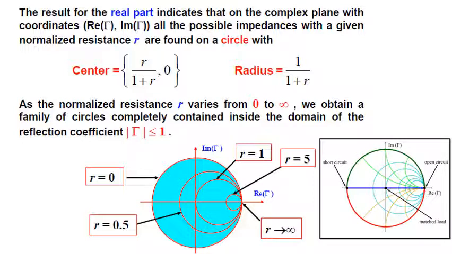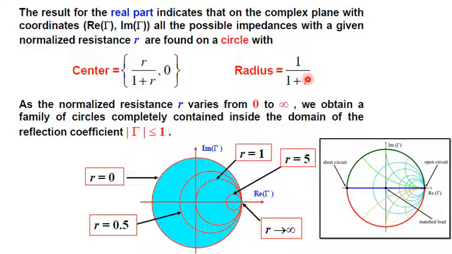We will derive that the resistance or the real part is represented by the circles whose center is at R divided by 1 plus R, where R is the real part of the impedance and the second coordinate is 0. So that point is situated over here and over here for this given circle. If this is the circle, then the center will be over here. So the center of the circle of constant resistance will always lie on this straight line, because the second coordinate, the y coordinate of that point, is 0. And the radius is equal to 1 divided by 1 plus R.